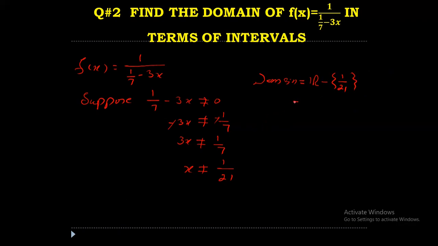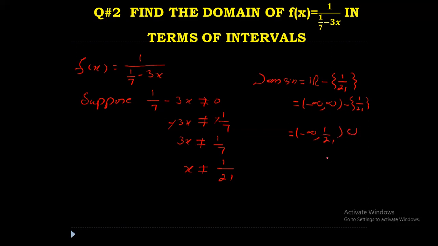Now, set of real numbers, so we write minus infinity to infinity, minus 1 over 21. Or you can also write the answer in terms of intervals like this: minus infinity to 1 over 21